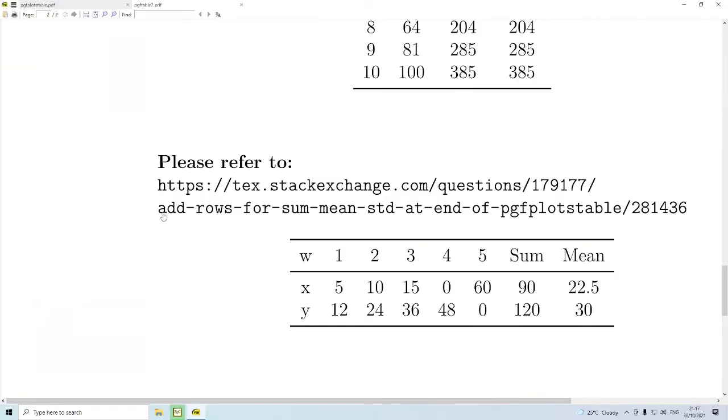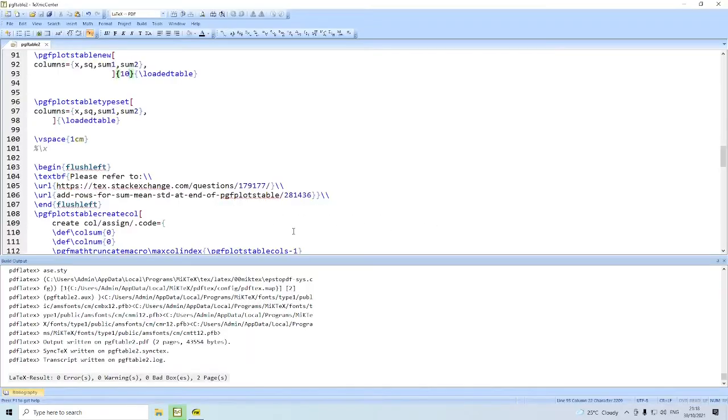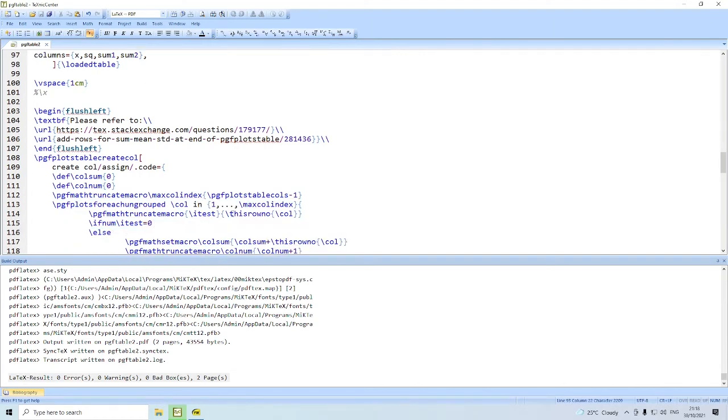Kindly refer to this web page. The author gives a detailed coding for finding sum and mean using pgfplotstable. He uses extensive code like this.